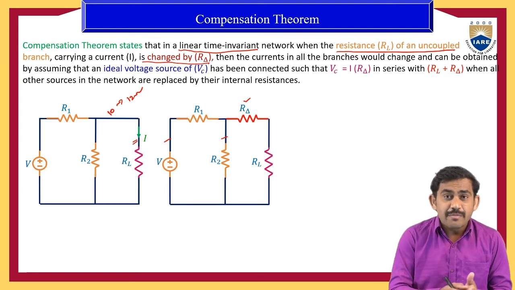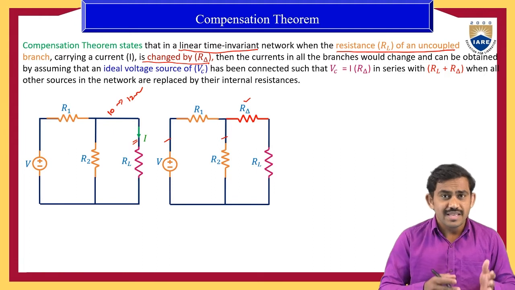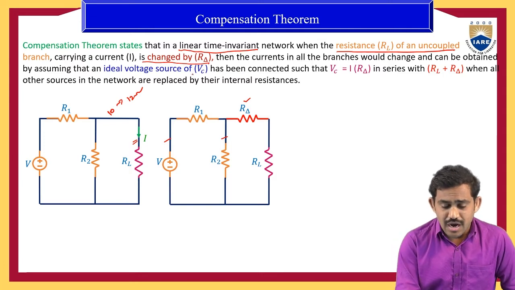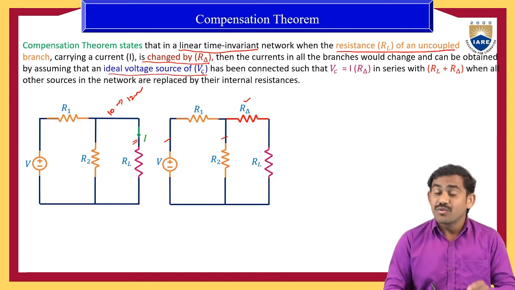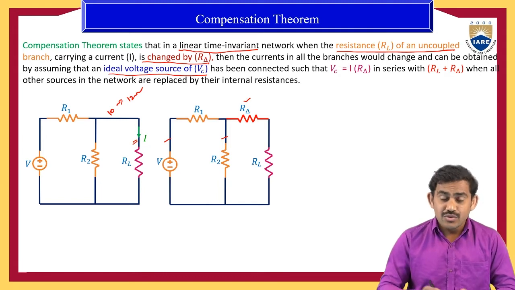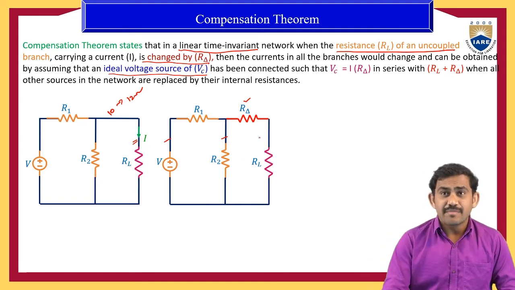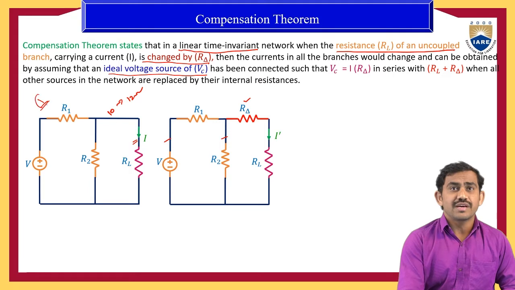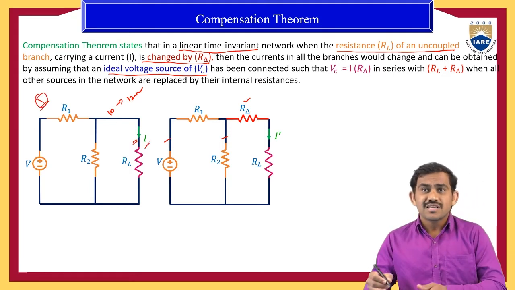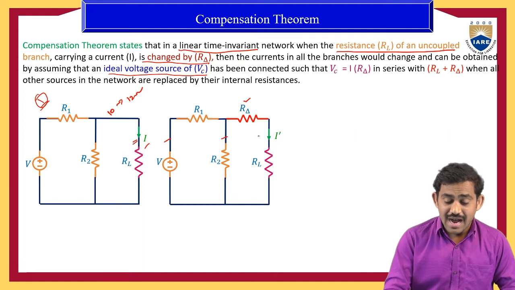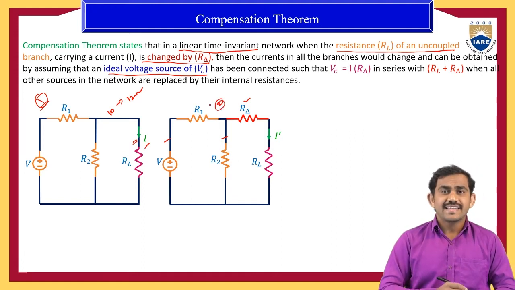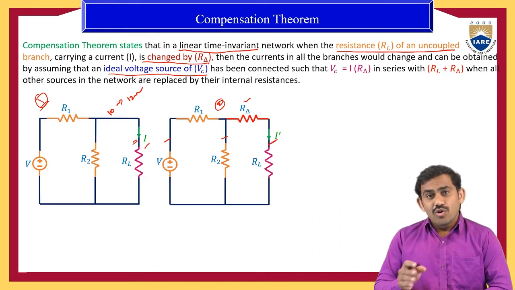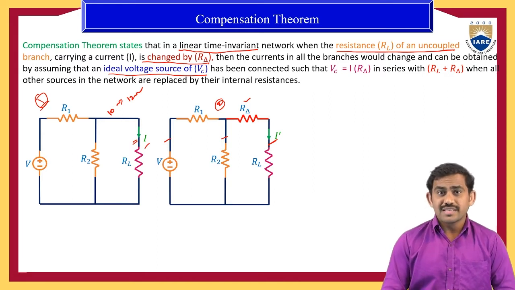So automatically the remaining branch currents will be changed. Then how much voltage we need to compensate? For this we need to compensate with an ideal voltage source, that is VC, in that RL branch. At the RL branch your current is suppose I dash. At main circuit 1 your current is I, and now some resistor is changed, and at that time your RL branch current is I dash. Clear? Now I want to compensate some voltage to that RL branch. That voltage is VC.